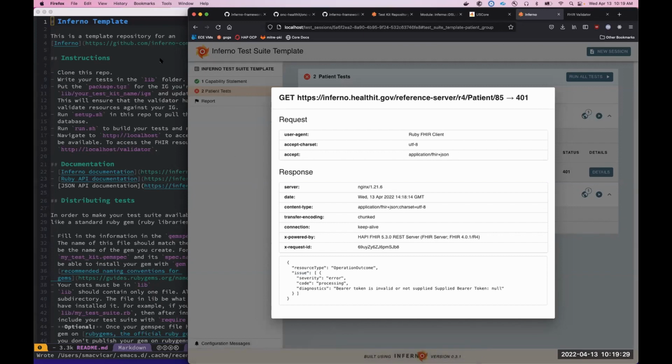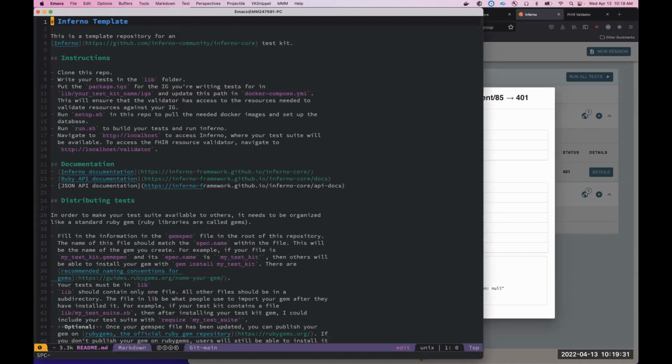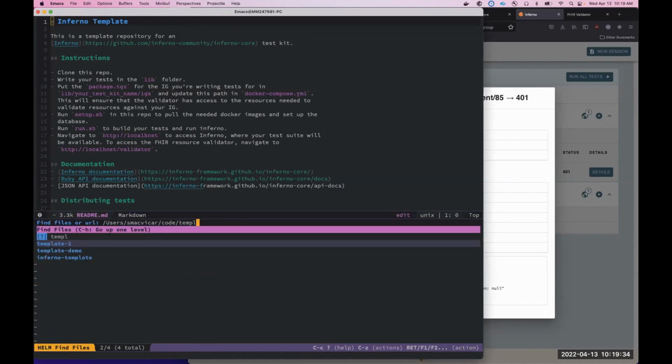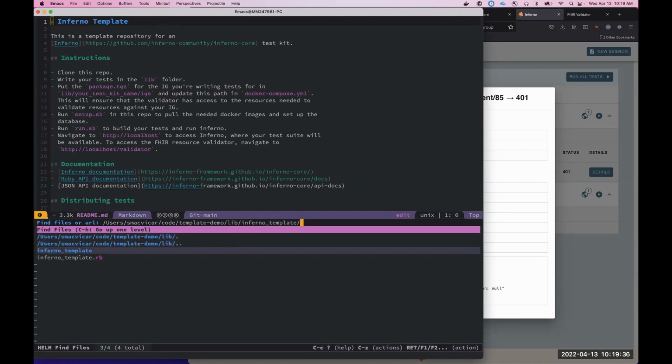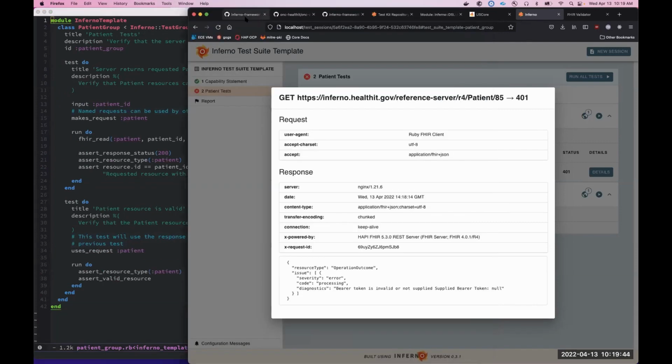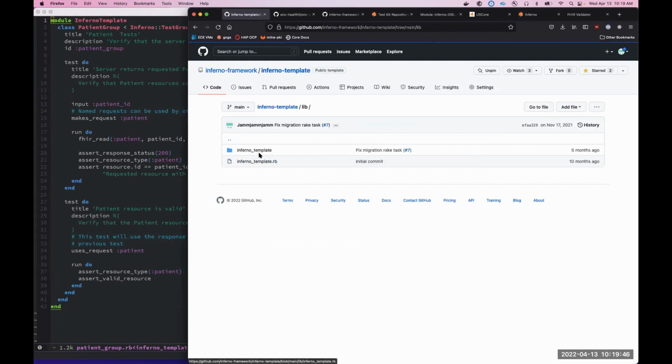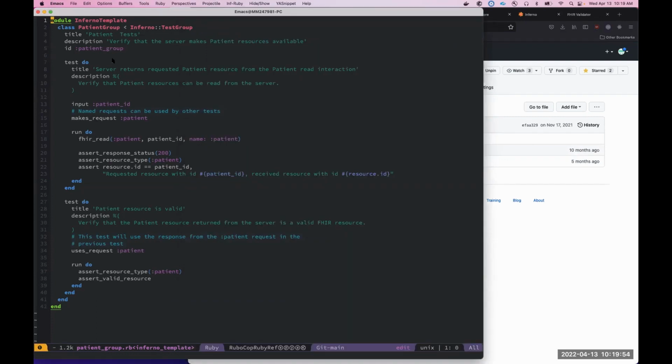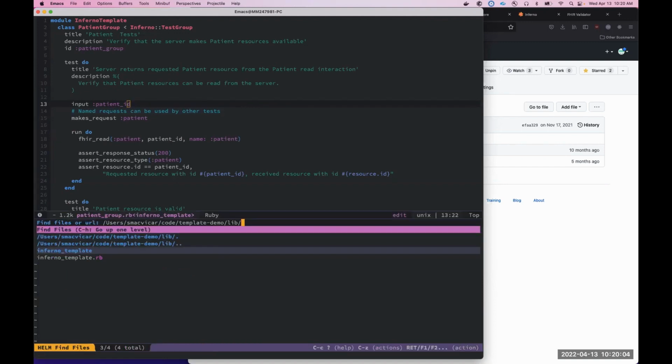So we can go ahead and look at this code now. So I'm going to look at the actual, this is in the patient group. So here's the patient group, which is just in, might be easier to see this way, right? In lib Inferno Template patient group. And right here, we do a FHIR read. I don't see anything about the FHIR client. Let's go back to the main,